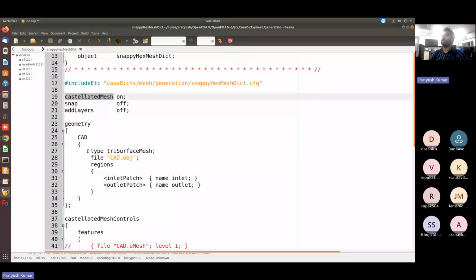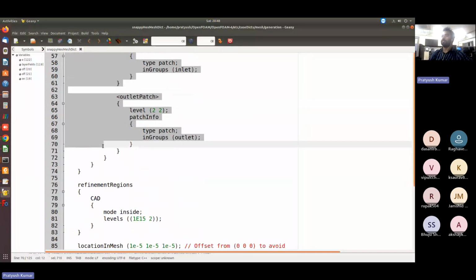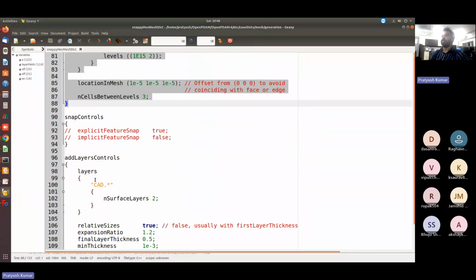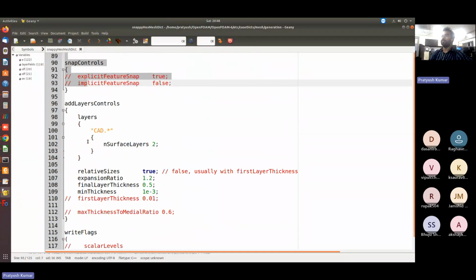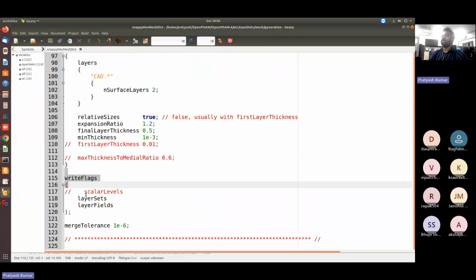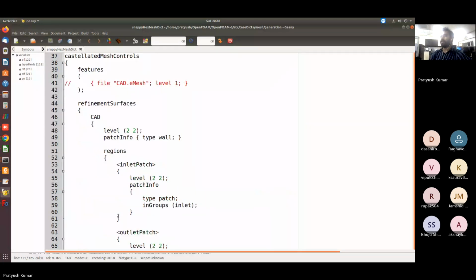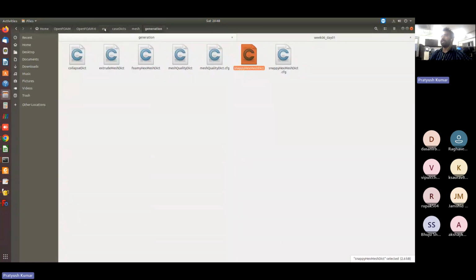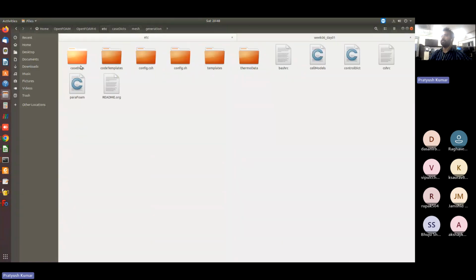Castellation has different parameters, so these are the dictionary for the castellation. Similarly, there is a dictionary for the snap controls, and similarly there is a dictionary for the addLayers controls. This is for the folders you want to write. So you can see that inside the etc, this caseDicts is important